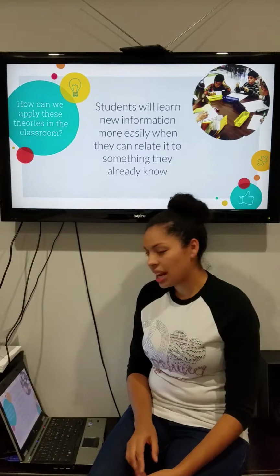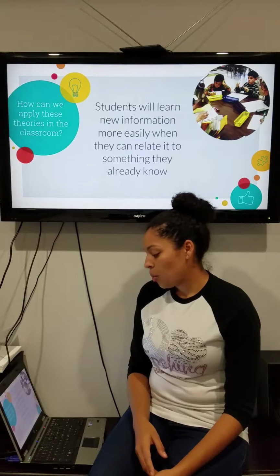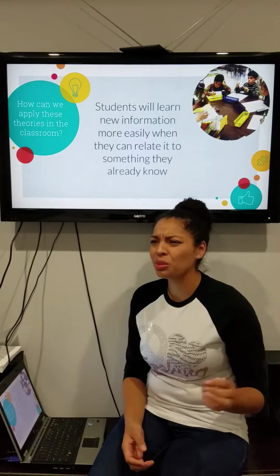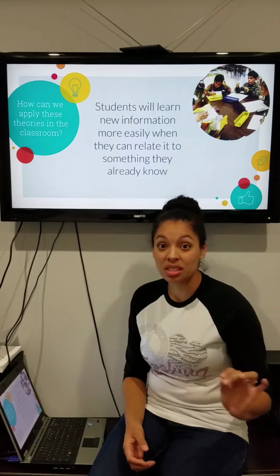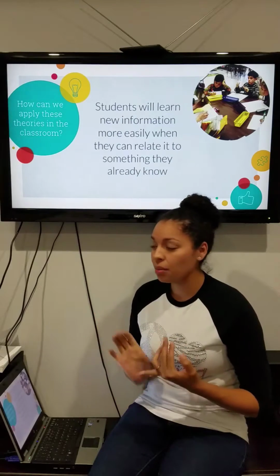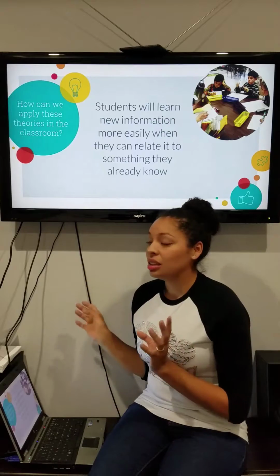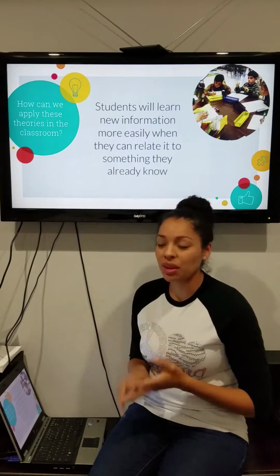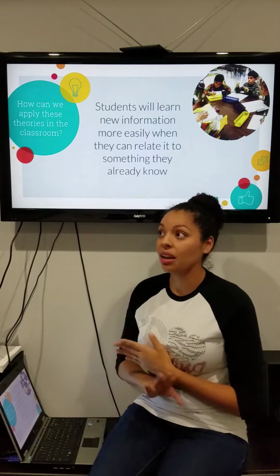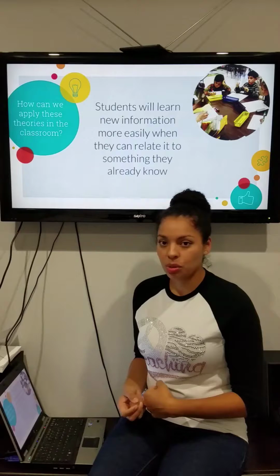One of the things that I had noticed is that students will learn new information more easily when they can relate to it. Normally, whenever we talk about babies, all the kids know about babies. Everybody has a baby in the family, and if they don't have one in the immediate family, they've seen a baby, they know what a baby is like. I don't know why these kids are baby crazy, but I'll read a book about a baby and everybody has something to say, because they have that background knowledge about it.